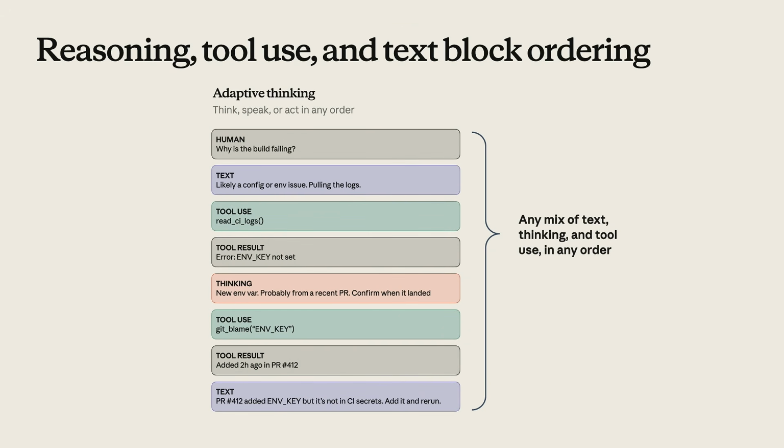Recently, we launched adaptive thinking, and adaptive thinking is the next evolution on top of interleaved thinking. In this new paradigm, Claude is free to think whenever appropriate. There's really no constraint on when Claude needs to think, how much it needs to think, or in what order it spends any of these tokens. It can leverage thinking, tool use, and text in whatever order is needed in order to best meet the requirements